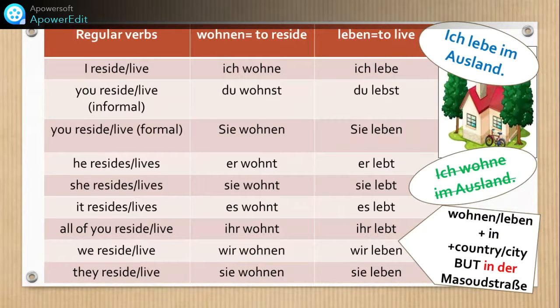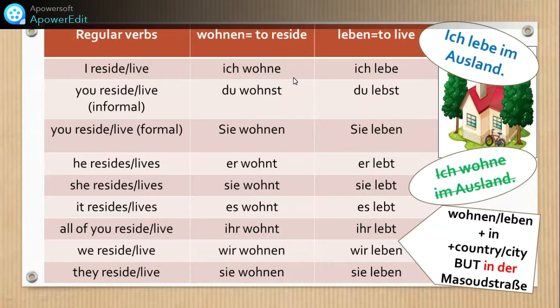So to tell people where you live in German, we use two main verbs. First is wohnen, which means to reside, and the second is leben, which means to live. Like heißen and auskommen from the previous tutorial, these two are regular verbs too. And as you remember, the regular verbs have a certain similar conjugation, which, as you can see,